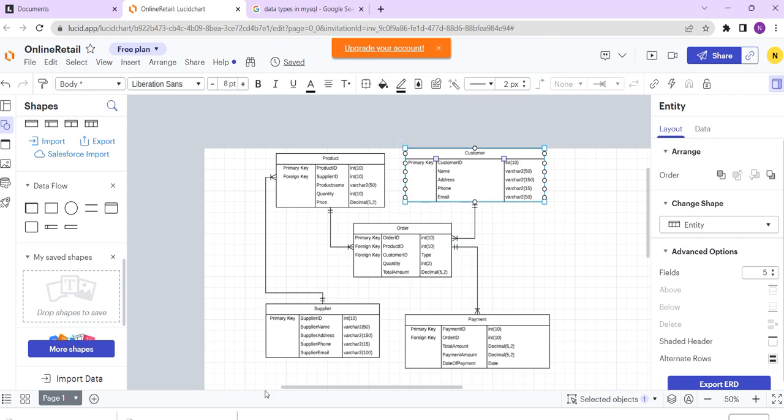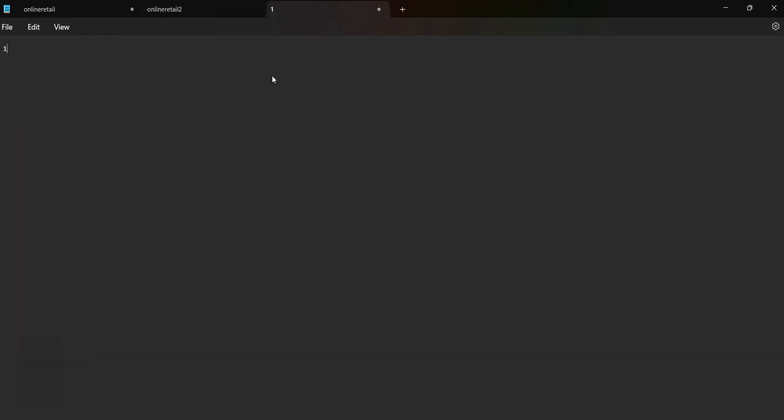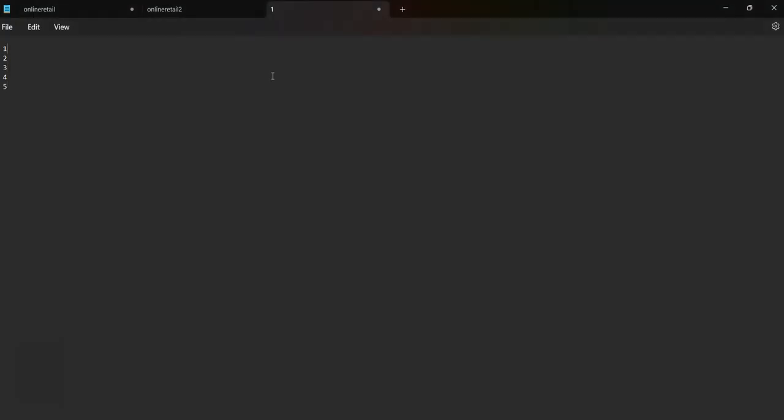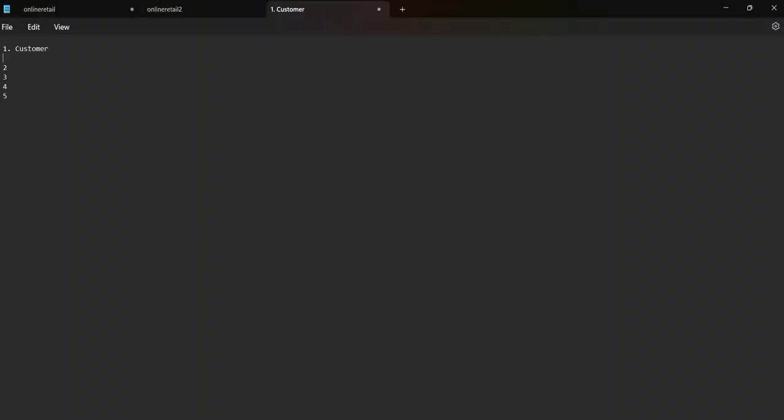So these two tables will be created first. I am listing them: one, two, three, four, five. So I have five tables, and the first table is